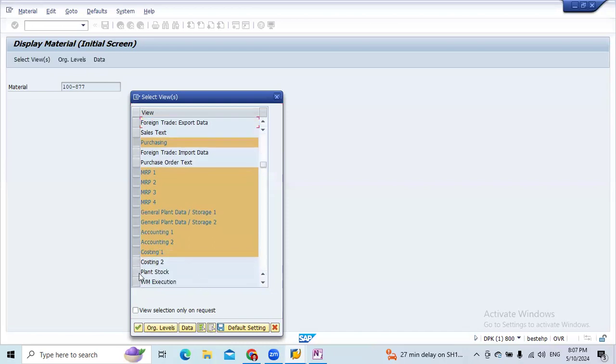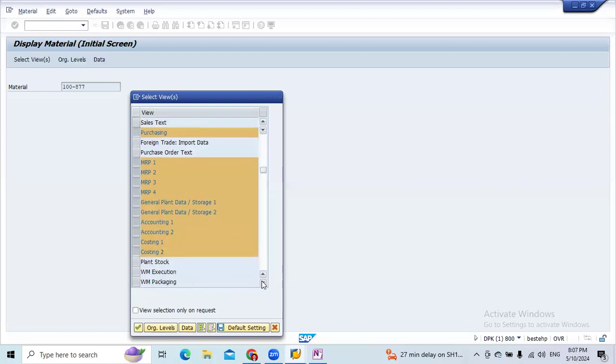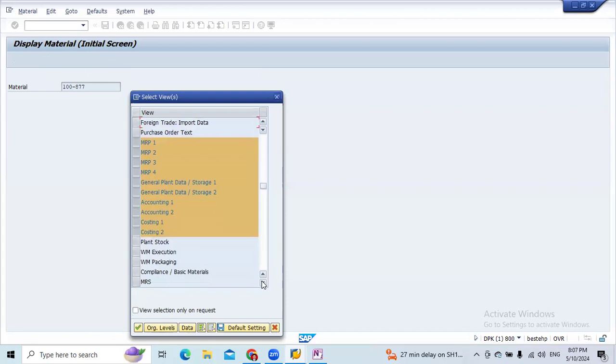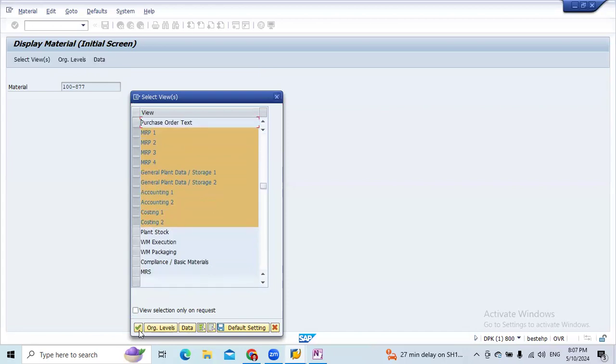So these are some views actually. Okay, plant stock is not required. Maybe that is required at a later stage. So yes, the moment I execute it, or whenever I want to display a different material, and